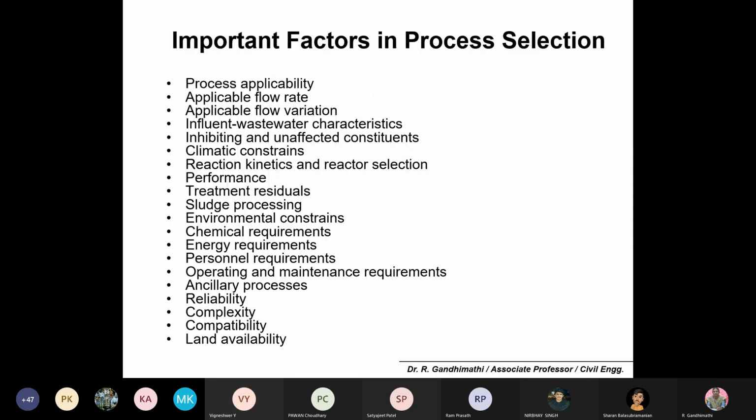I think I will stop with this, and then tomorrow I will start with the screen chamber. Please have your calculator with you. Then we will do all the problems. Now onwards, I will start with the screen chamber. What is the principle? Maybe I can explain the layout of the screen chamber. Then I will give some formulas to calculate the head loss. Then also I will give some guidelines on how to design the screen chamber. With that we will do all the calculations.